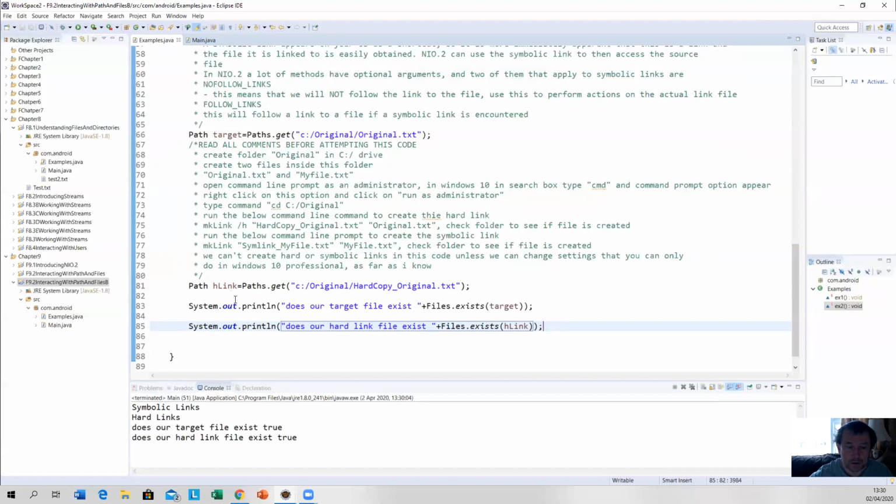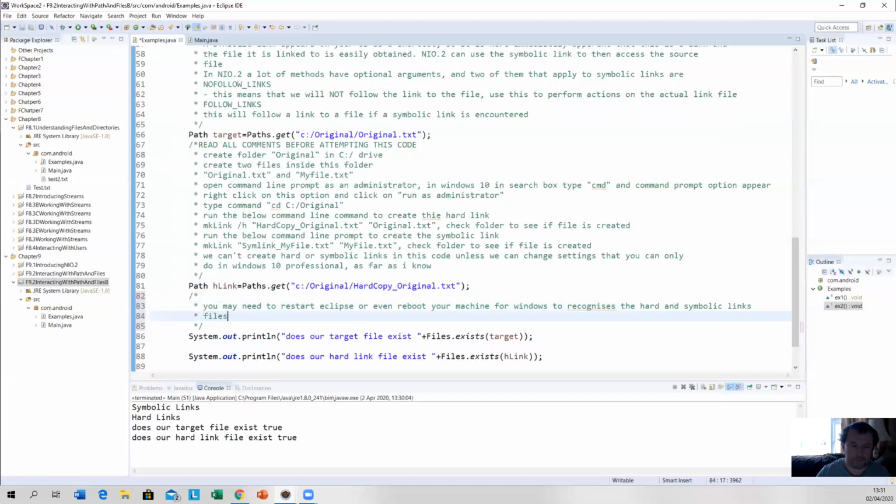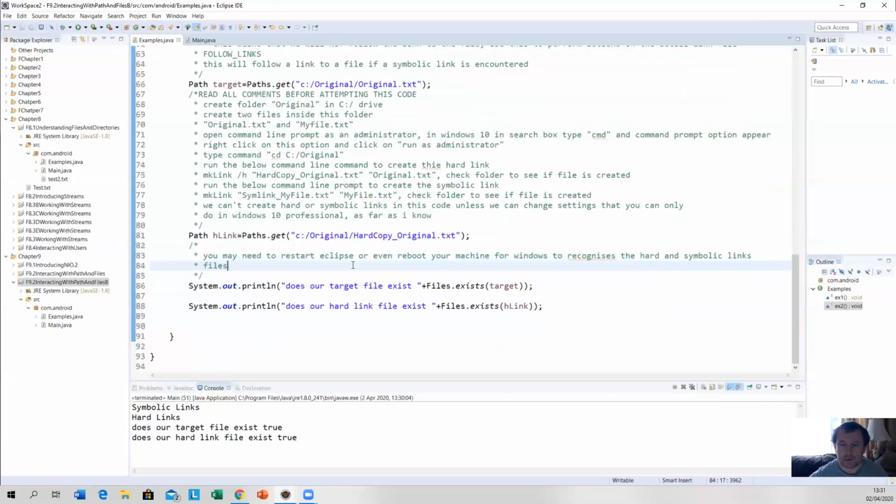Now, so put it in here: may need to restart Eclipse or even reboot your machine for Windows to recognize the hard and symbolic links. Files. Okay, so this should return